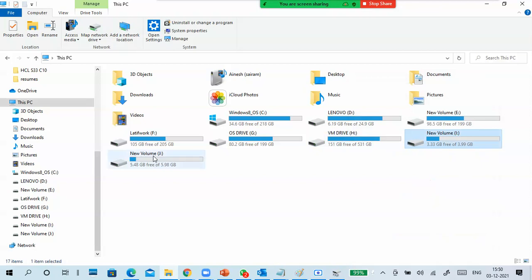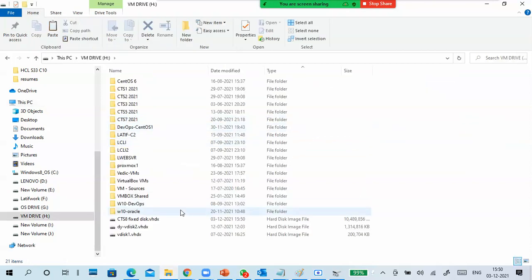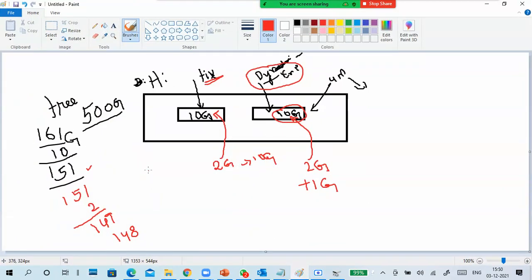This is more than 1 GB data. I copied into my virtual hard disk, right? Into this one, and why it is not changing anything? 151 only is showing, it is not reduced to 150, right? Why it is not showing 150? Anybody guess? I put more than 1 GB data into this 10 GB disk, but it is not reducing. Why?